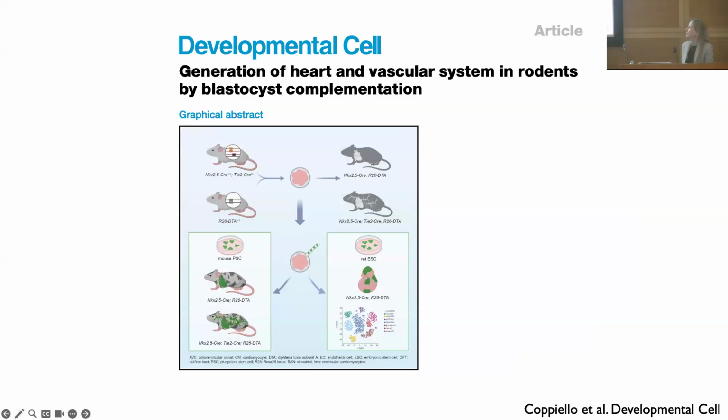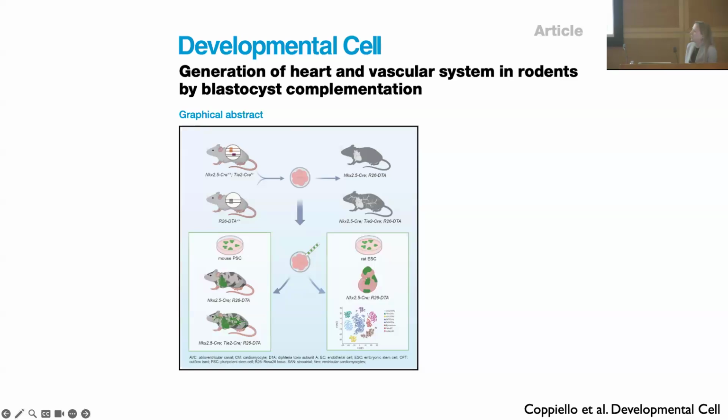And that would be done using a technique called blastocyst complementation, which some of you may be familiar with. So what this involves is taking stem cells and injecting them into a developing embryo at the blastocyst stage, such that the animal that you end up with at the end is composed to some extent from the original animal cells, but also from tissues generated from the stem cells that you injected during development, so that you end up with a chimera. Obviously, there are some ethical challenges with this because if you're talking about injecting human stem cells into a mouse, then you've generated a mouse essentially with human neurons, and there are some significant ethical questions around that.